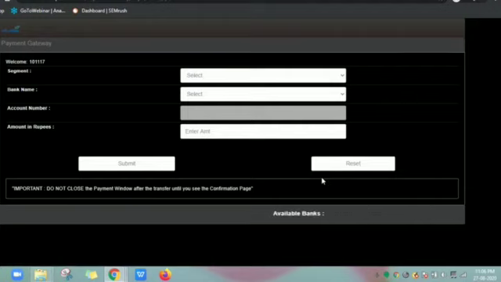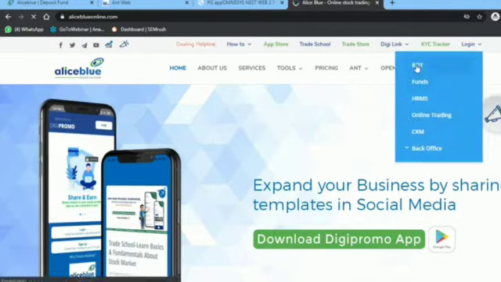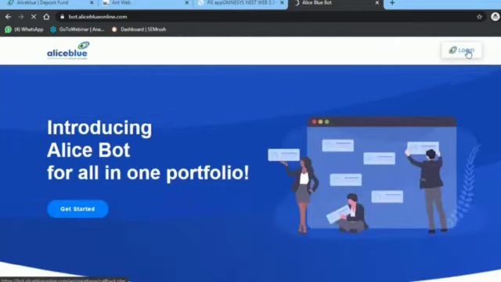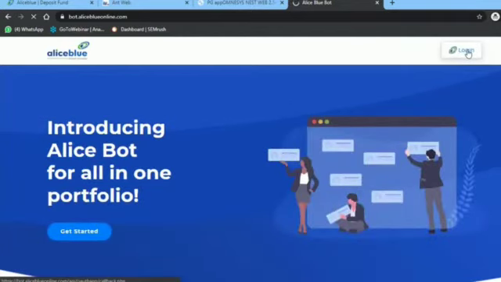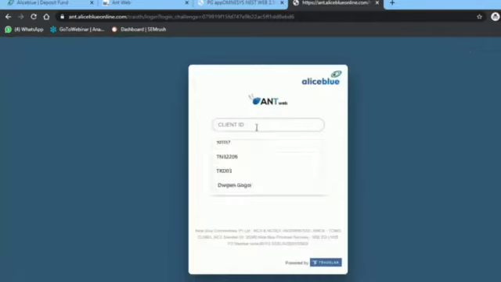So next, let's cover the Bot. Again, visit our website aliceblueonline.com and click on the Bot. Then in the login, enter your credentials.